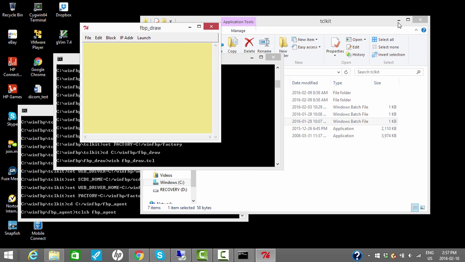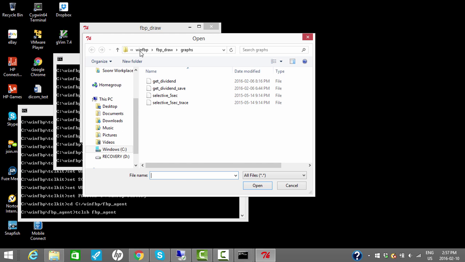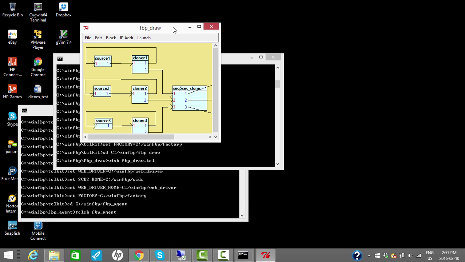And the demo application that we want to try this time will be under File, Open. That will bring us to the winfbp/fbp draw/graphs, and in this single folder install package I only have 4 graphs that I want to showcase. Well, I'll try the selective 5-second trace right now. Open, and you'll see